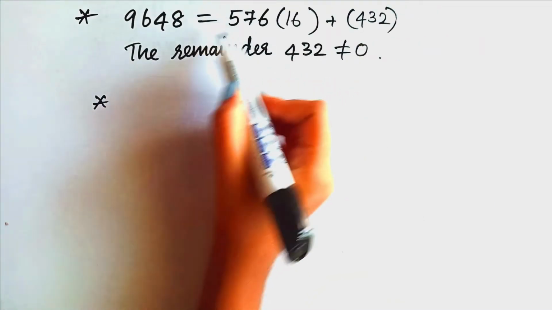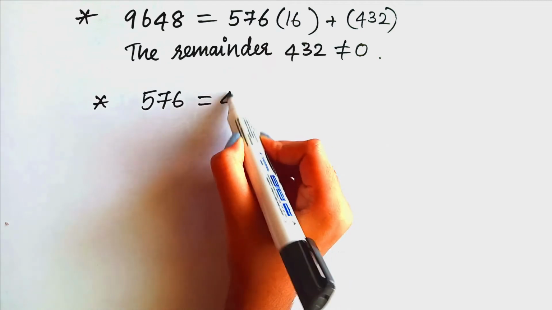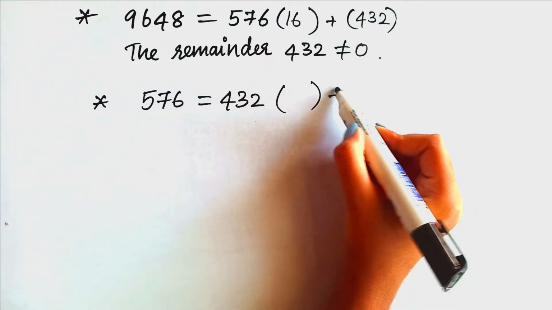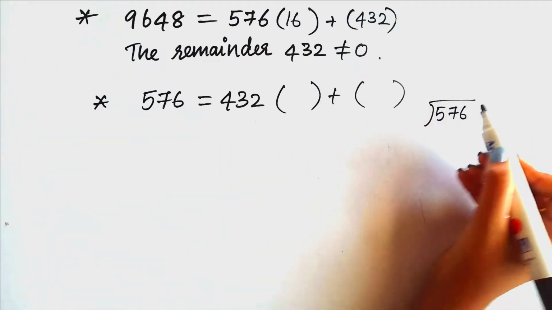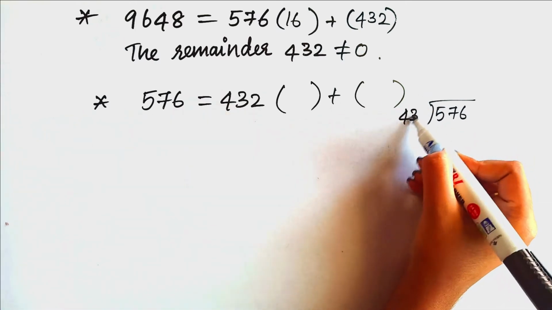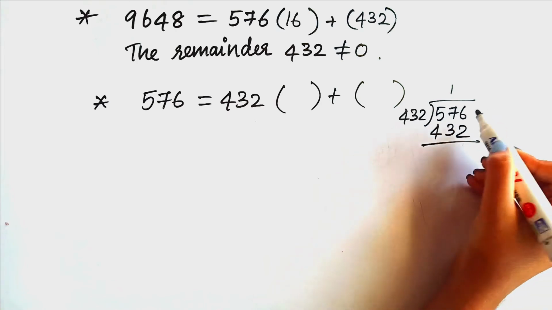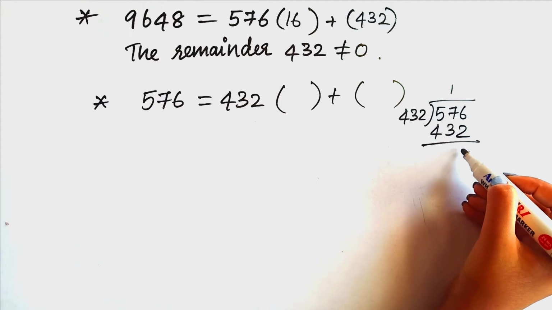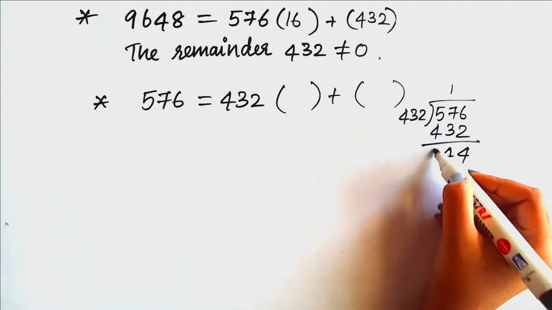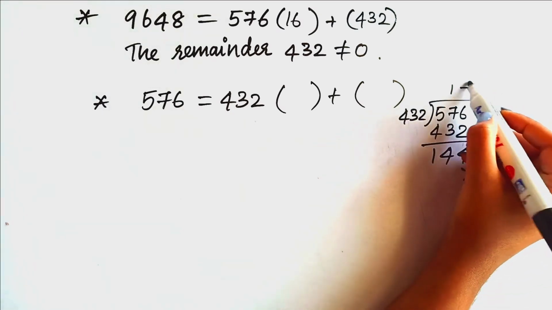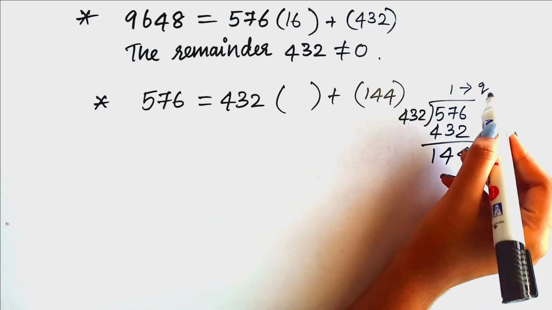So for the next step, the 576 will be our A, so 576, and our B will be our remainder 432, and now we have to find the quotient plus remainder. Now let's divide these two. Here 576 will be inside, and we have to divide that by 432, right? So let's substitute 432 once we'll get 432. Now let's subtract this. 6 minus 2 will get an answer 4, and 7 minus 3 will get an answer 4, and then 5 minus 4 will get an answer 1. So this is our remainder and this is our quotient. So let's substitute that. Our remainder is 144 and our quotient is 1.